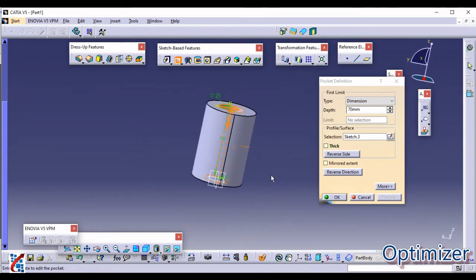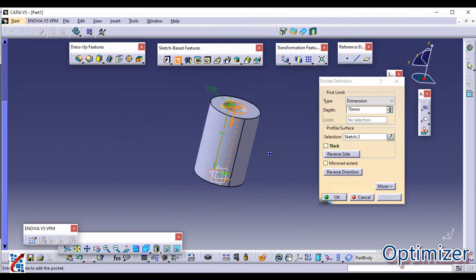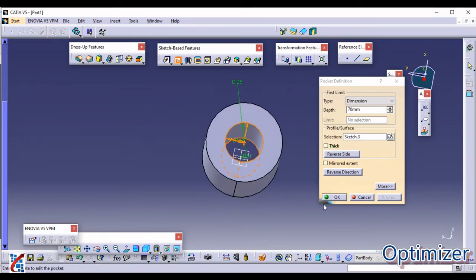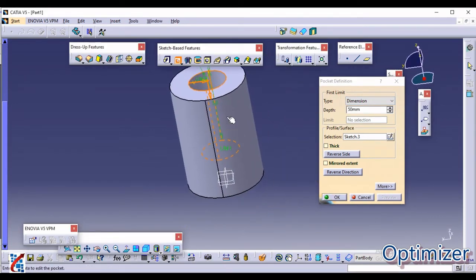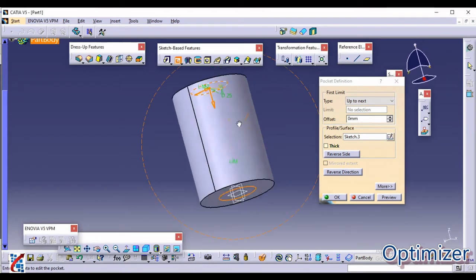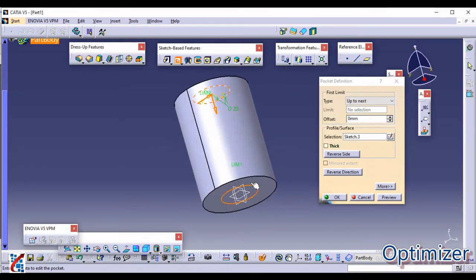Next, instead of dimensions, suppose I enter 50 here and preview. That means the material will be removed from this face up to 50 mm only. If you click on up to next, whatever the next face is there, we know this is the next face.